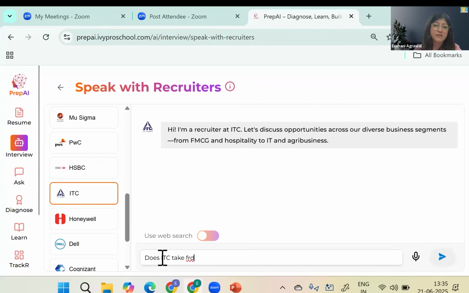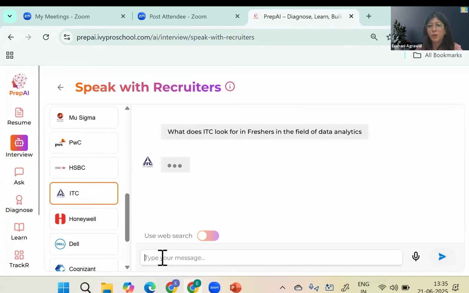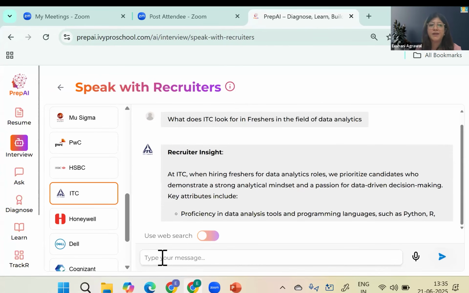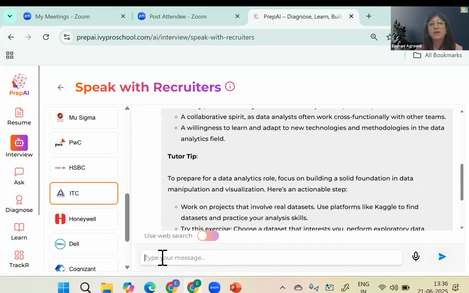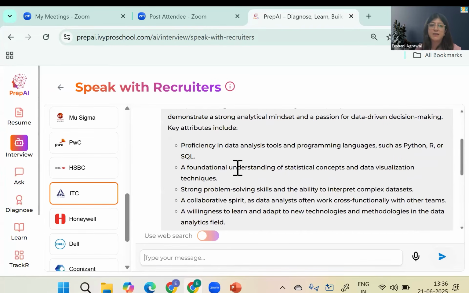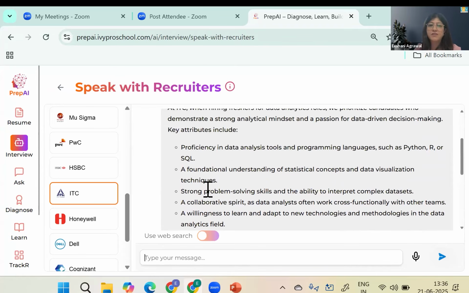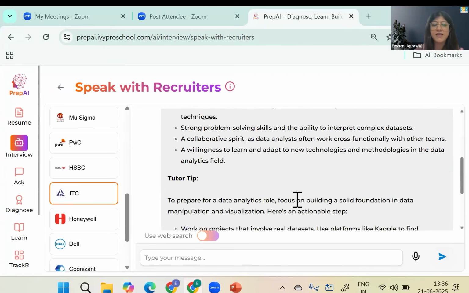Or let's ask a better question. What does ITC look for in freshers in the field of data analytics? Okay, a question that comes to my mind. So it is going to tell me what all to be done. It is telling me proficiency in languages like Python, R, SQL, statistical concepts, strong problem solving, collaboration, and then